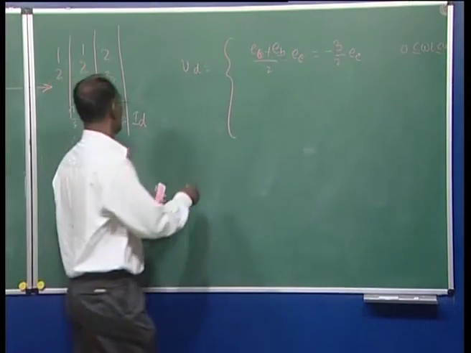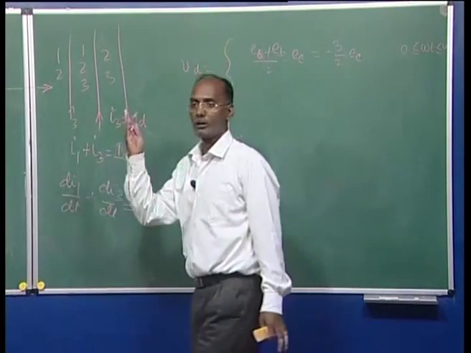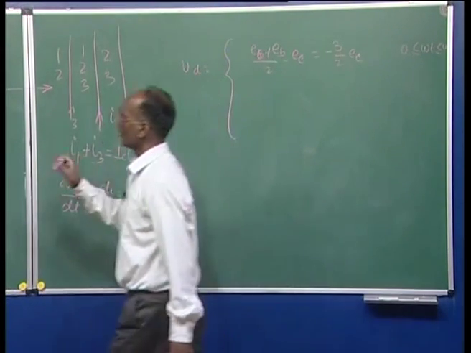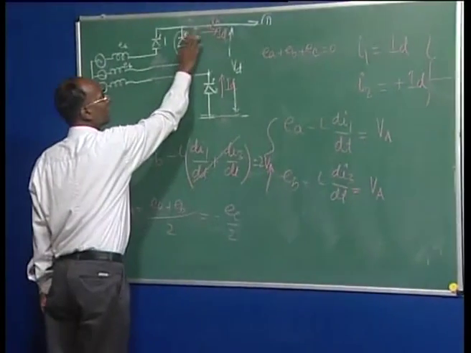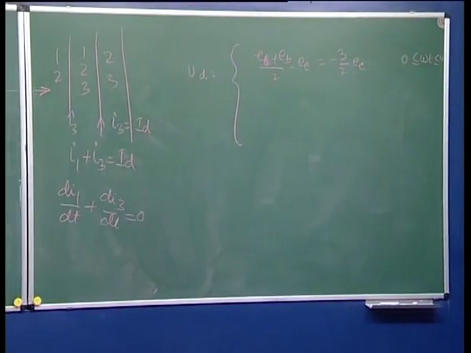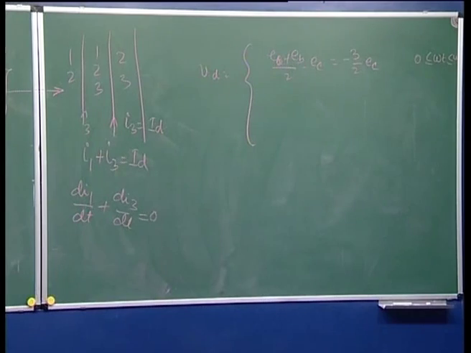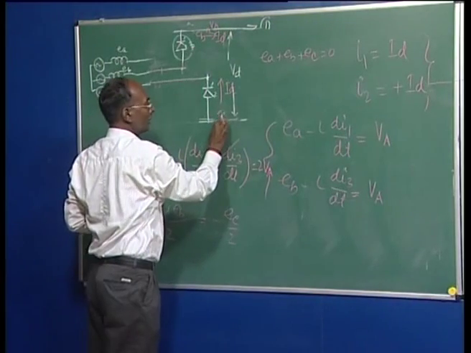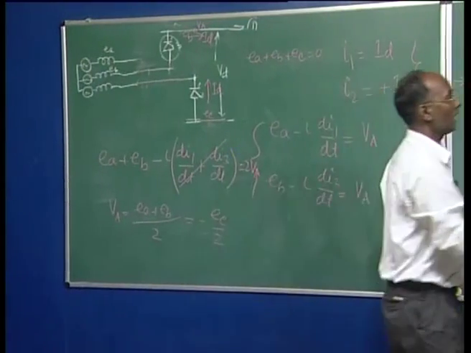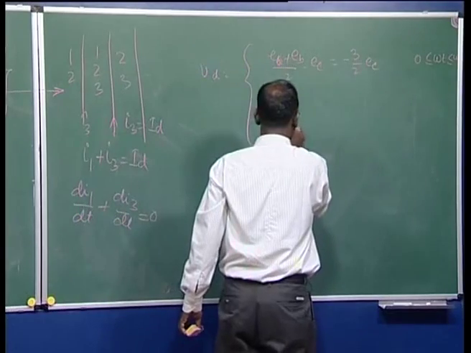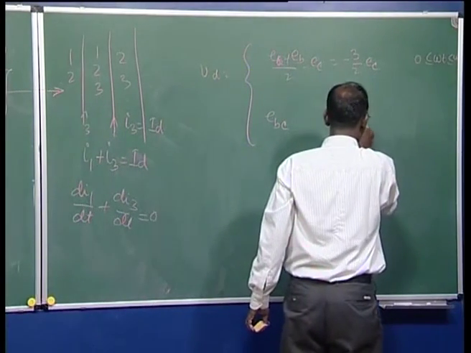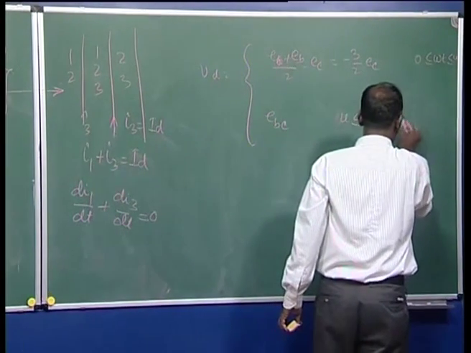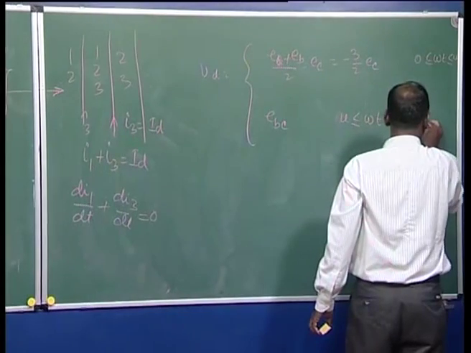Then after here, once this is off, it is again following the normal one, means here this is off. Now the voltage coming here, I can say the commutation is over. So your voltage is coming here E B, and here it is your E C, means E B minus E C, and as usual it is E B C, starting from u, omega t to 60 minus u period.